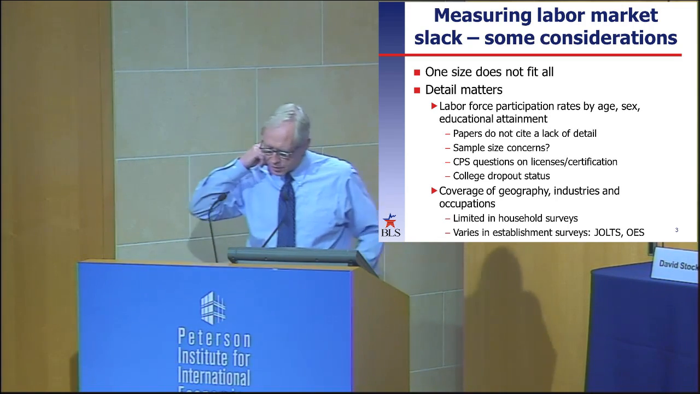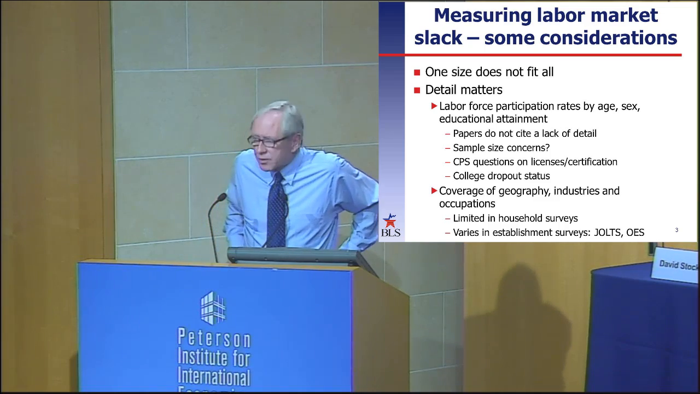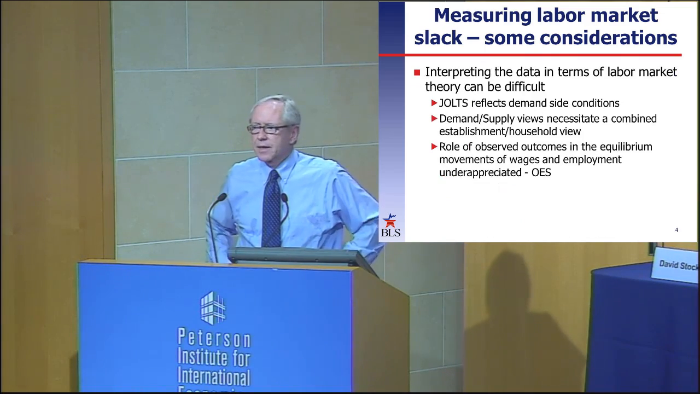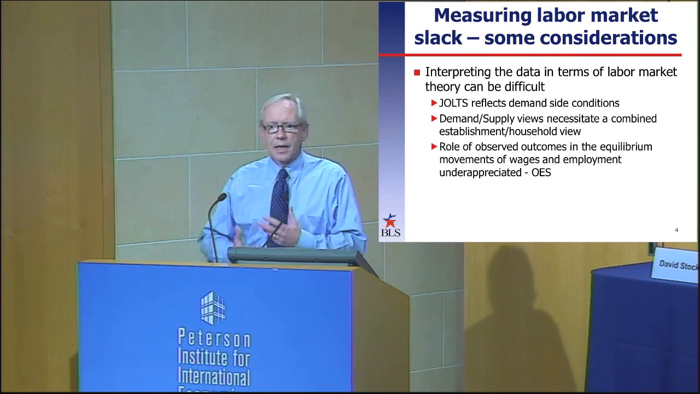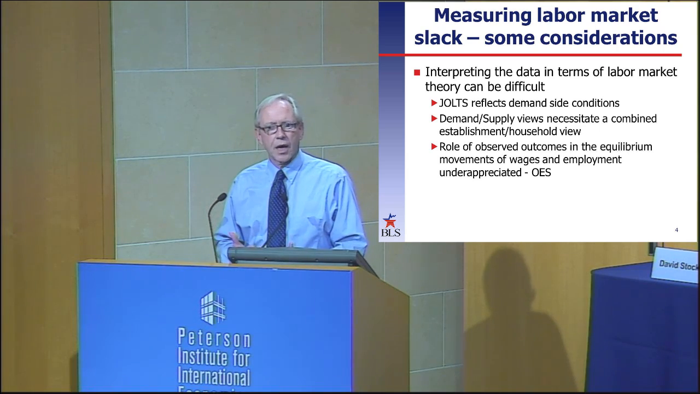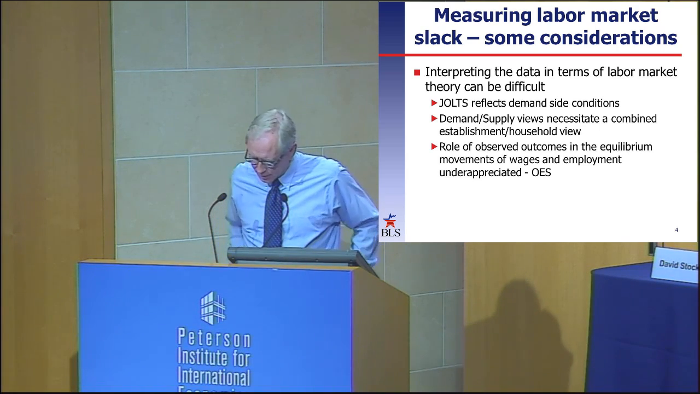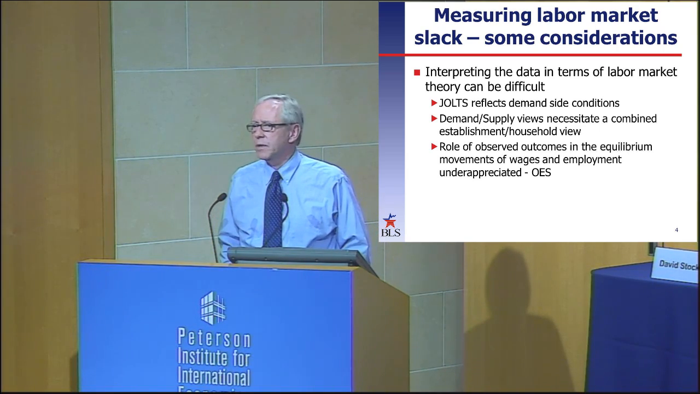Another consideration for slide 4 is that JOLTS reflects the demand side. And I think one of the problems here is that we're looking at an equilibrium market. We're looking at demand and supply and how we measure that. In some ways, the demand-supply view requires a coordination between establishment and household surveys, and I think that